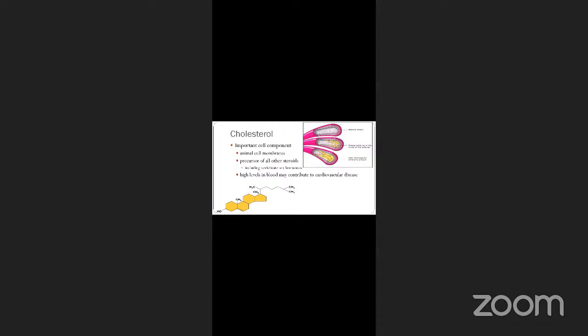They may be present in high levels in the blood, and they may also contribute, like if we consume more meat or more cholesterol rich foods, and there is no proper exercise, the levels will increase in the blood and can cause cardiovascular diseases like heart diseases. They will block the blood vessels, therefore the blood circulation will get affected.